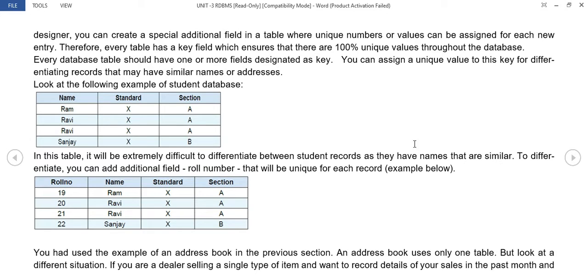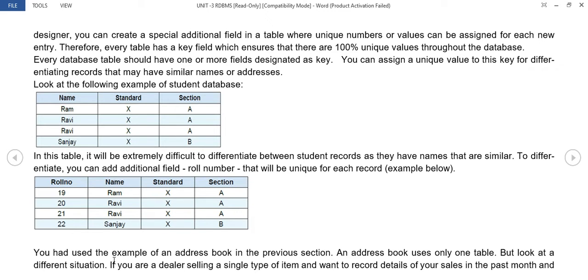To differentiate, you can add an additional field, that is roll number, that will be unique for each record. In the example shown below, you can see that because of this roll number you can identify the students differently.